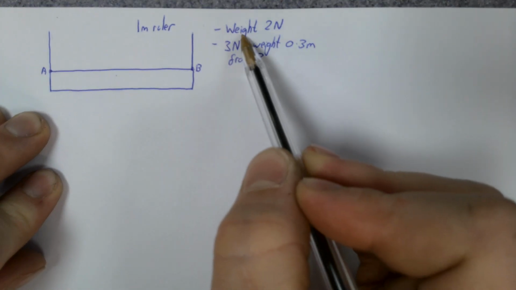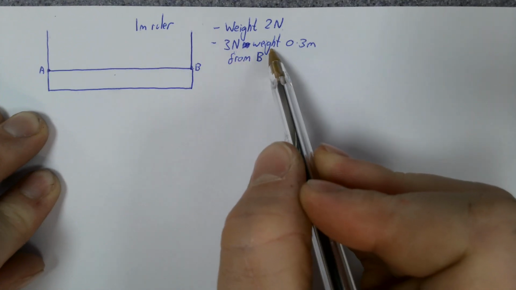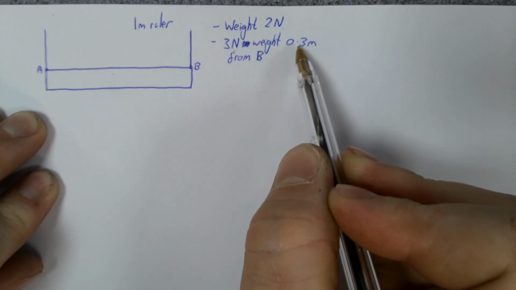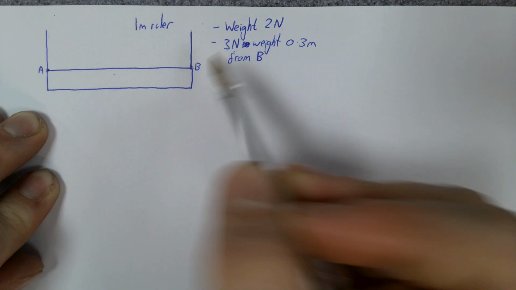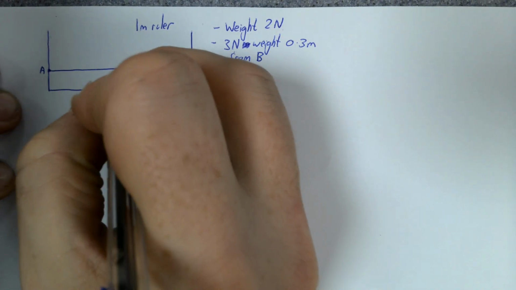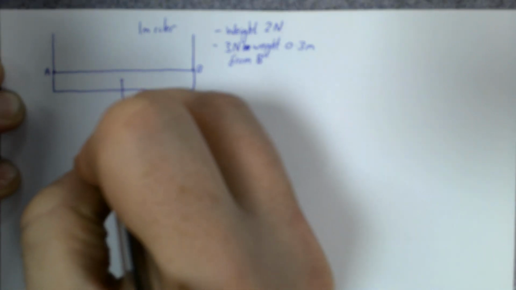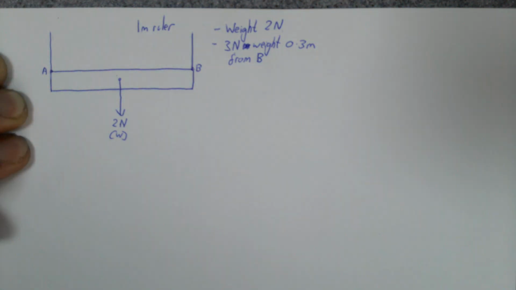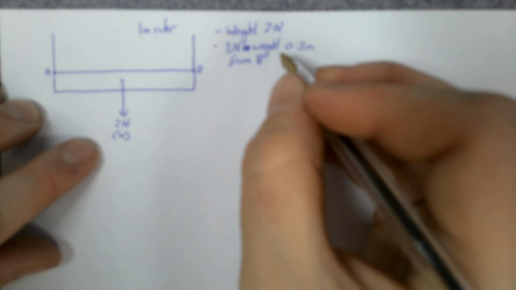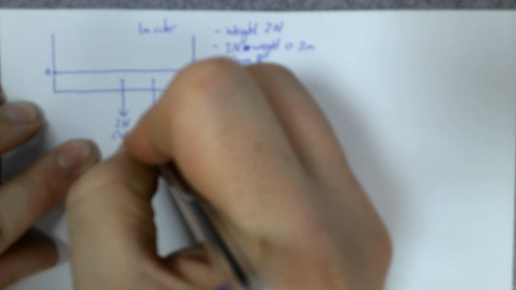So there's a few other bits of information I've added in. You've got a weight of the ruler, which is 2 newtons, and there's also a 3 newton weight, which is hanging 0.3 meters from B. So I'm going to add them into my diagram. The weight is from the center, and that is 2 newtons. I'm just going to, in brackets, mark it as the weight. I've also got this 3 newton weight